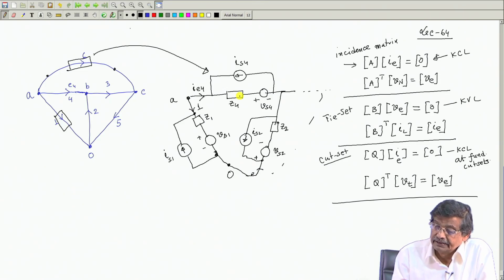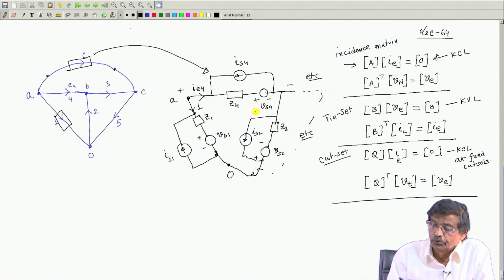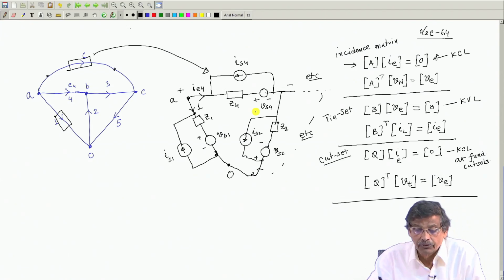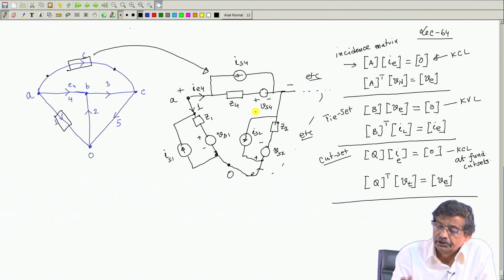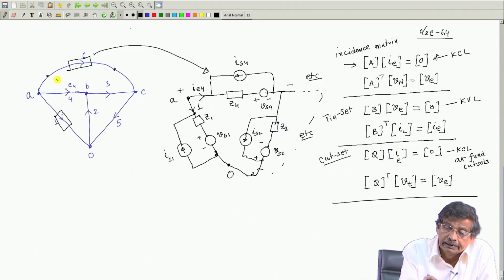Got the idea? And the voltage between this point and this point is V4, etc. Here I am not completing this in order; to the 1, 2, 3 branches I have drawn, another 3 branches with similar things. Now the question is, for a graph you do not show all these details, you just draw lines and say that this current is IE6, and this voltage you assume this plus minus to be VE6,